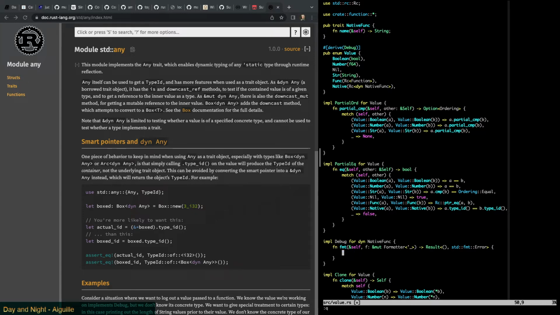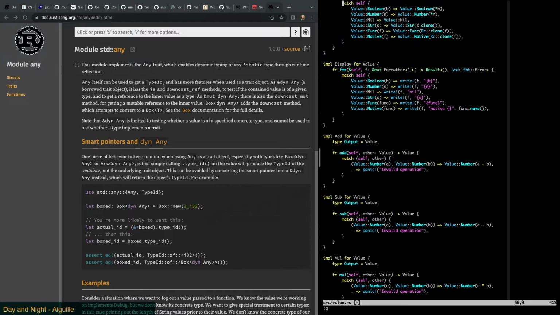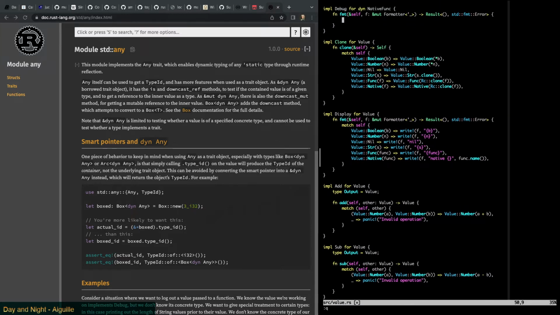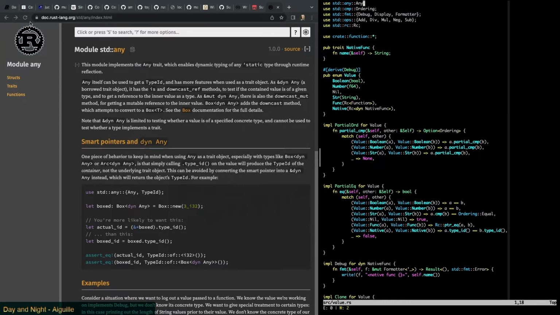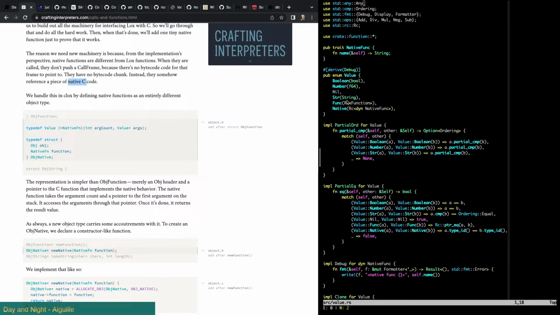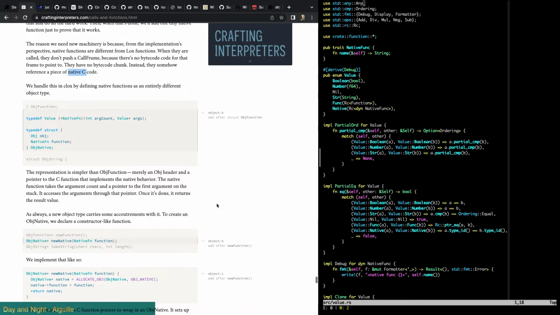And that's because I want to do this for debug. I just moved down there just to see the display, because I think we just say write bang F, and we say native func name, self.name. Right, that's all we need to do. Now we have 2 errors. Okay, so now I think that gives us all the infrastructure we need to create a native function this way. And I made it a pub trait so I could create a separate file for native functions.